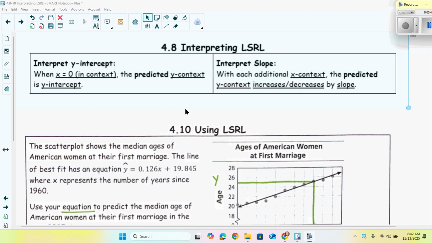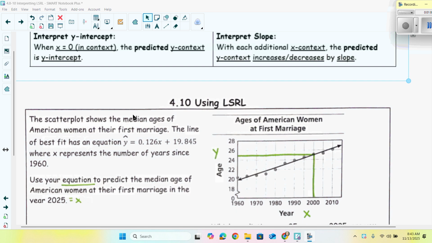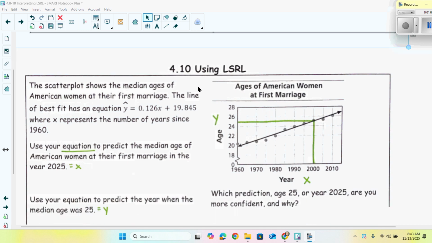by the slope. And usually we have what's called a unit rate. We'll do something like $15 per hour or 60 miles per hour, something like that. And we'll do a couple problems with that interpretation, as well as for 4.10 using the least squares regression line